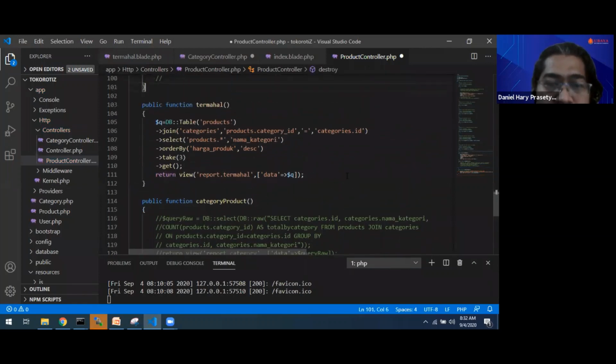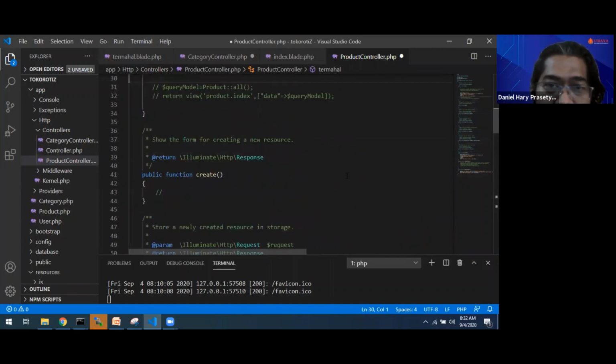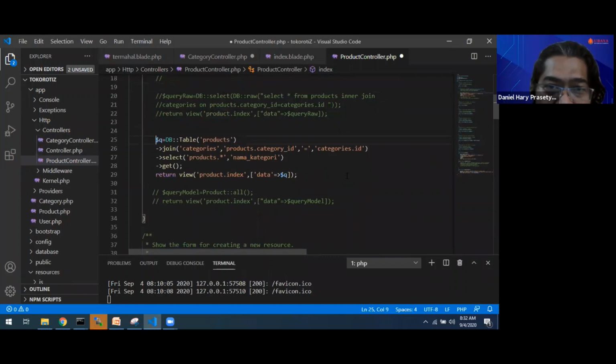Actually, we have already joined a table right here. Product terminal. Okay, we can use it. This one. Also, we can use it in index. It already has a join, and we can create the group by.